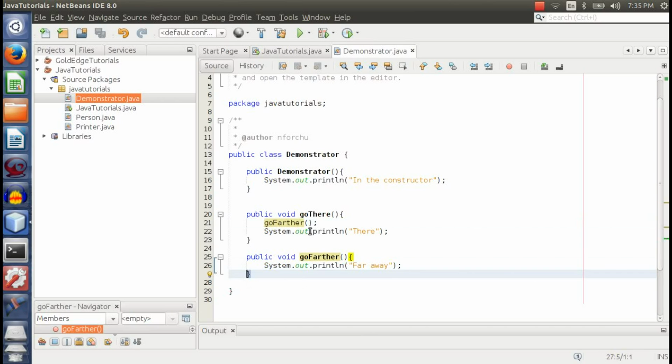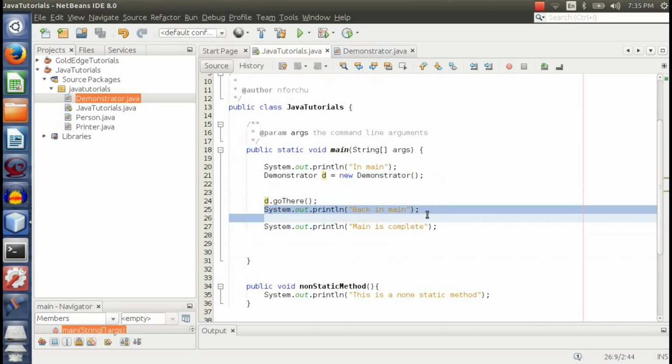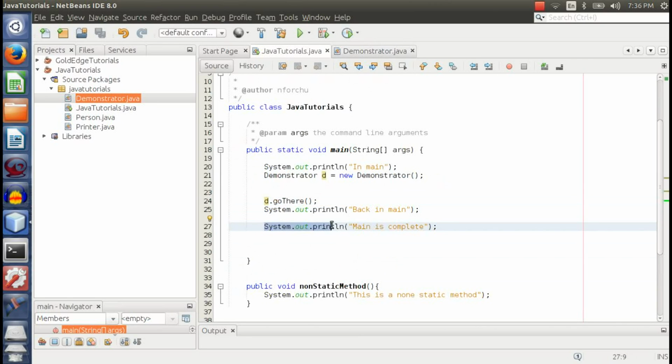Now, after execution is returned to go there, it continues by printing "there" on the screen, and then it hits the closing curly brace of go there. Go there finishes and returns execution to the main method in the Java tutorials class, which called it. Execution is now back in main, and main prints "back in main", and then goes further to print "main is complete", and then it hits